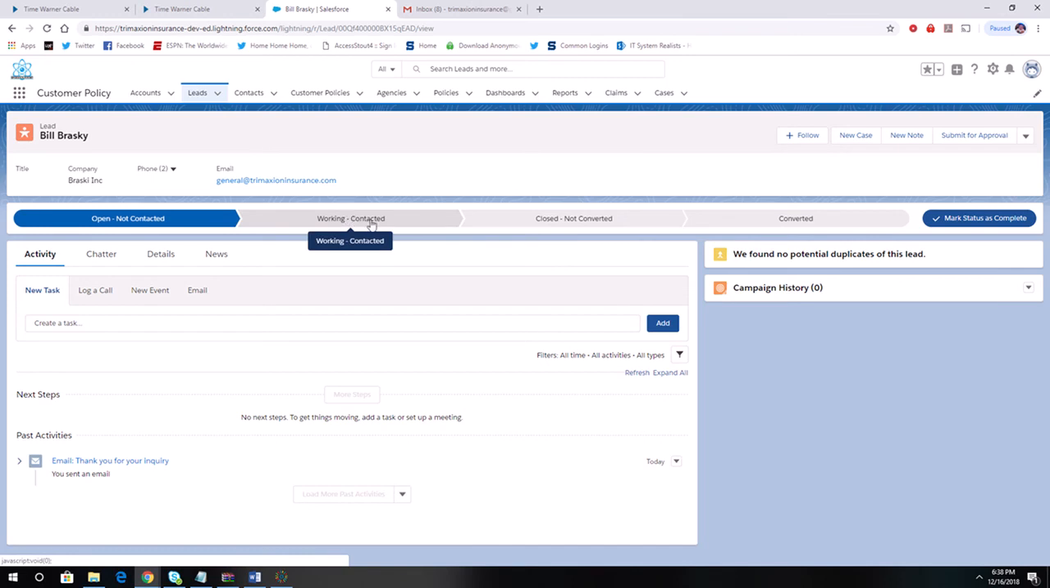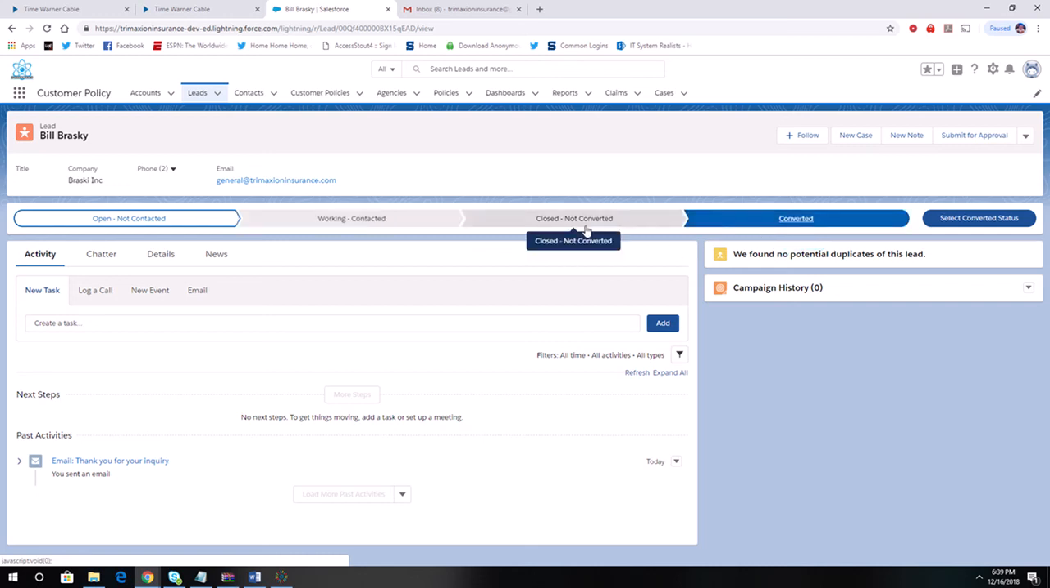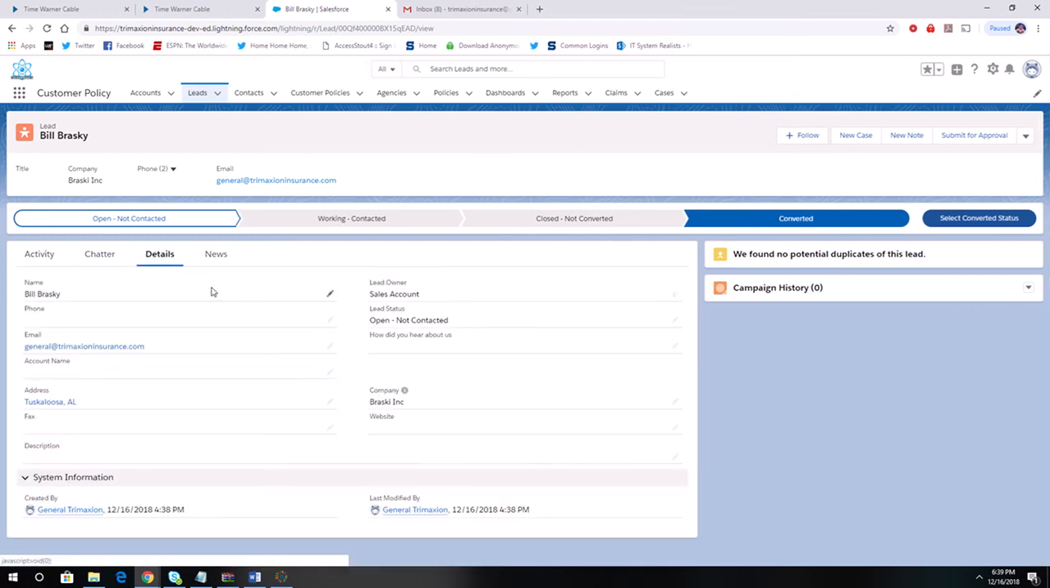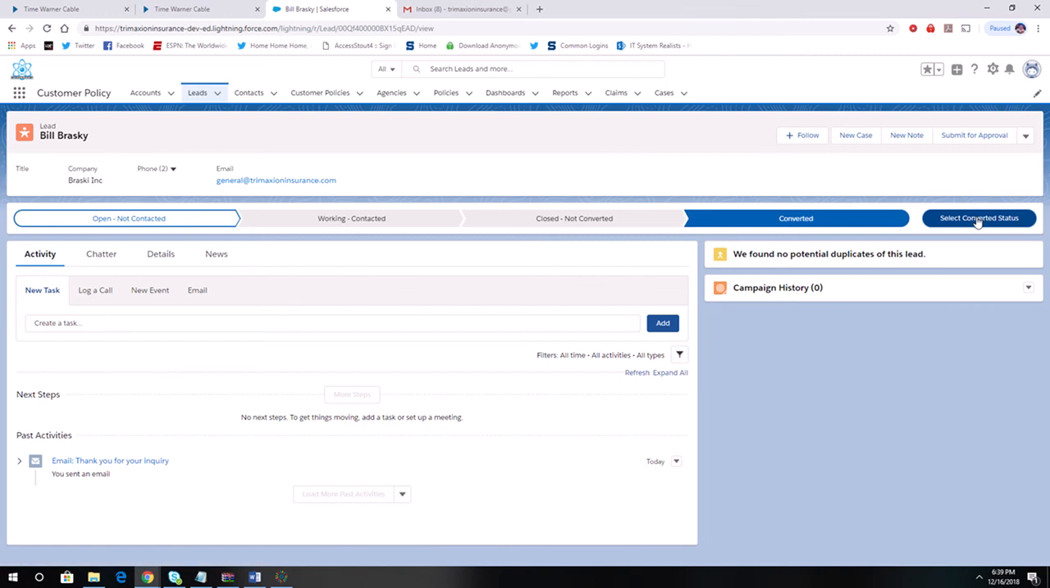If the lead is being worked and the potential customer's already been contacted, it'll be in that status. Closed, not converted, essentially means that it was a lead, but we weren't able to convert it to an actual policy. Converted means that it actually was converted to a policy, and we can select that as the status there and everything. If we go into details, again, you'll notice that the created by, system information, and last modified is all filled out. And then say if we do select converted,